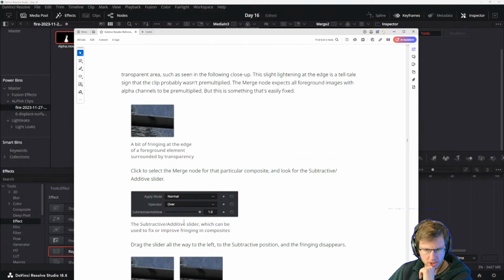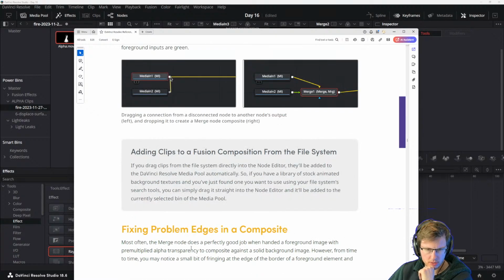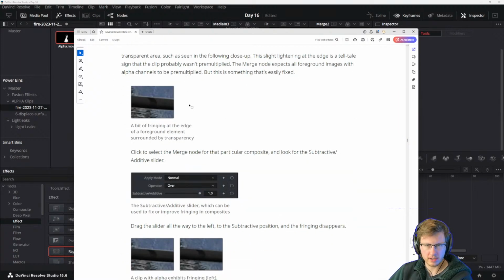Fixing problem edges in a composite. Most often the merge node does a perfectly good job when handed a foreground image with a pre-multiplied alpha transparency, which is what we have. We just have to figure out what the basic thing to do here is, to composite against a solid background image. However, from time to time you may notice a small bit of fringing at the edge or border of a foreground element and transparent areas, such as seen in the following close-up. This slight lightening at the edge is a